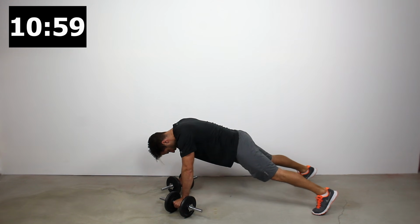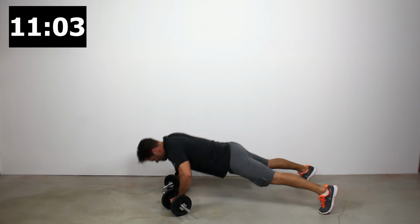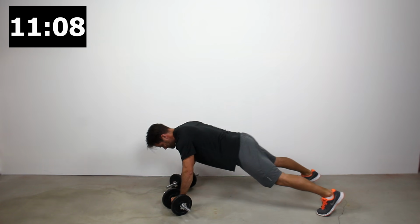Last set on the renegade rows, you guys. Let's try and finish it up strong. So feet are nice and wide. Down on the dumbbells, we're going to pull and row left, pull and row right, and then drop down into